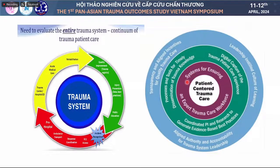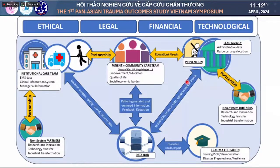If you think that way, you can change your mind, and you can give us more and more solutions, and you can call for cooperation from most of the human resources. If you have the ethical, the legal, the finance, and the technology, using, for example, telemedicine, but how to use most of the resources. And if you have the data, big data for this trauma care